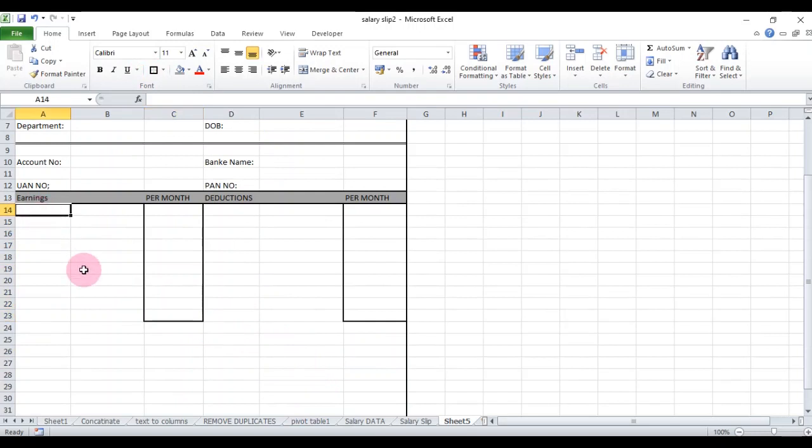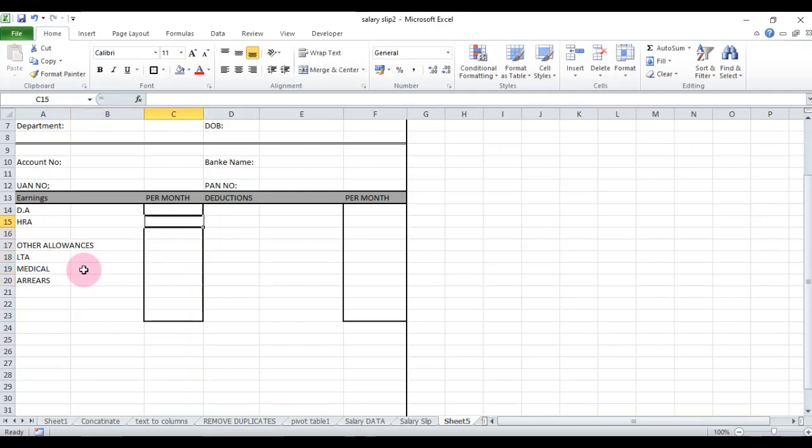Then here you type DA, HRA, house rent allowance, other allowances, LTA, local travel allowance, medical allowance, arrears if any.